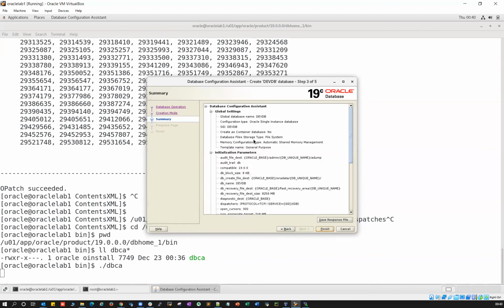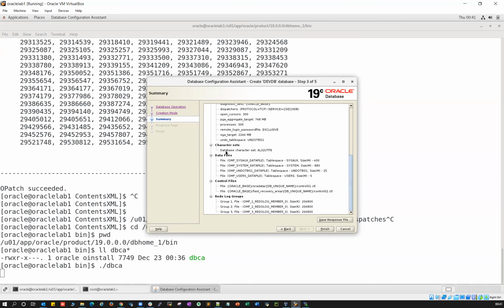You can see this is the summary page of the database instance: single instance database with SID, container equal to no, database storage is file system, memory configuration is automatic memory management, general purpose, all initialization parameters, database character sets, database file systems, OMF file system, all your system, sysaux, undo, user tablespaces, control files and multiplexed control files, and all your redo log groups.